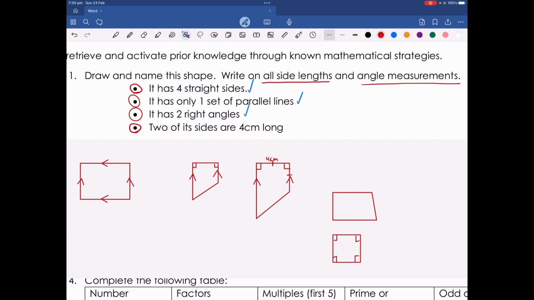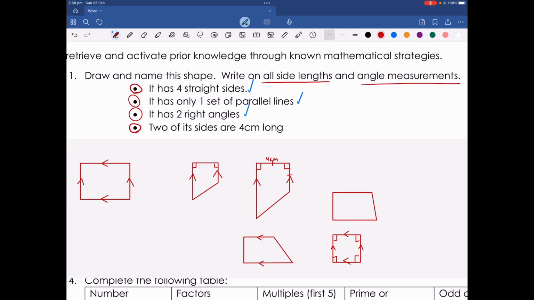But what happens if one of those sides, let go there. What happens, and the key here is that this has 2 sets of parallel lines. When we have this shape here, we only have 1 set of parallel lines, meaning this is called a trapezium or trapezoid. You might have heard it called that as well, but trapezium is the word we generally use in